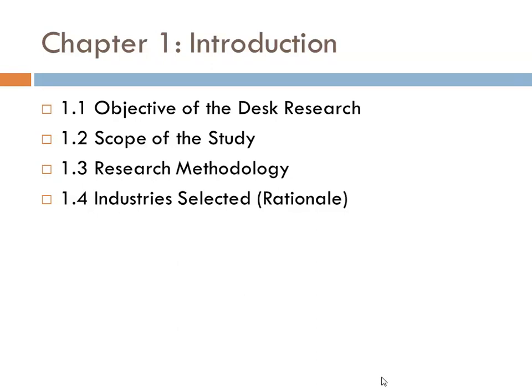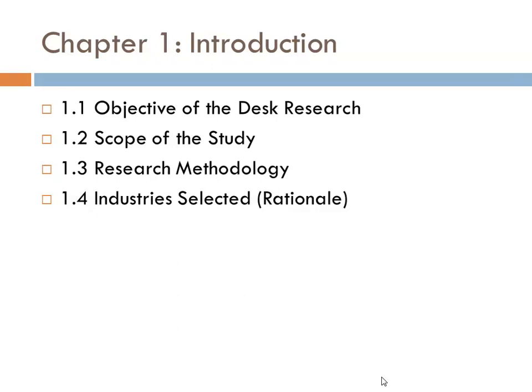Lastly, industry selected, that is chapter number 1, rationale of the selection. So list down the industry that you have selected, explain in a few words why you have chosen that industry, like the industry has growth potential, or some recent developments are there in the industry, what are the policy changes, importance of the industry in the economy, etc. Justify why it is distinct from the other industries.